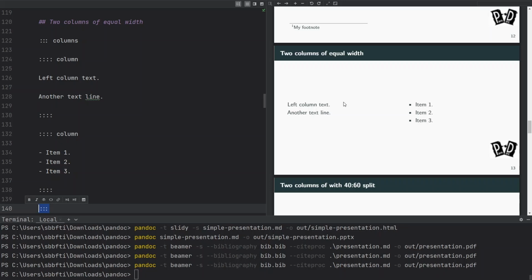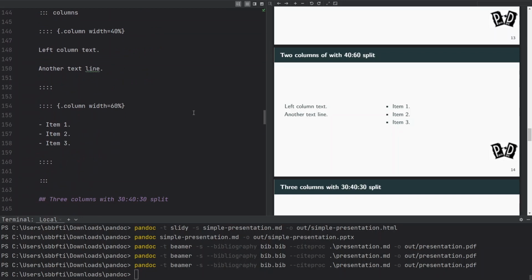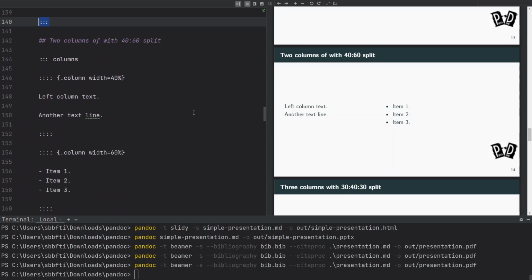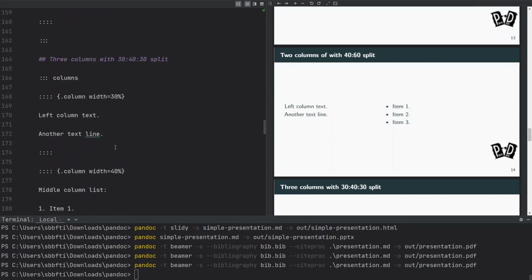Not all the columns do need to have the same width. We can also specify the width of the column. So how can we do that? Here, instead of saying just column here, we can specify the column width. So we can do that with curly braces, then inside dot column, and then specify the width, 40% and here 60%. Just keep in mind that the sum has to make 100. And of course, you can have 3, 4, 5, 6 columns.